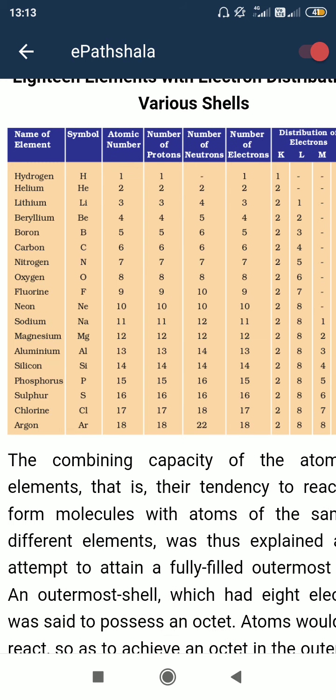These are the main important. So what is showing here, atomic number means the number of protons present inside the nucleus. The atomic number of hydrogen is 1, means only one proton is there inside the nucleus of a hydrogen atom. In sodium the atomic number is 11, means 11 protons are present inside the nucleus of a sodium atom. And another thing is, when sodium is not charged, means it is not ionized, then the number of electrons outside the nucleus is the same as the number of protons present inside the nucleus.